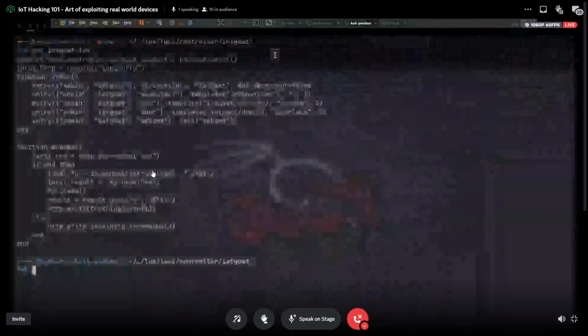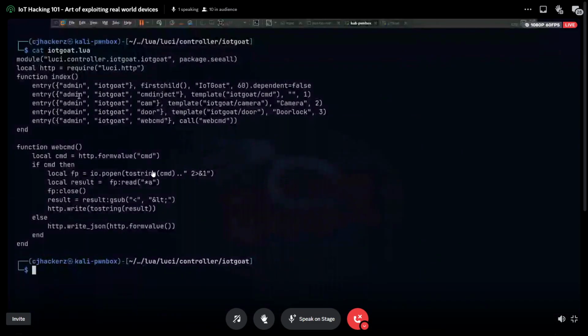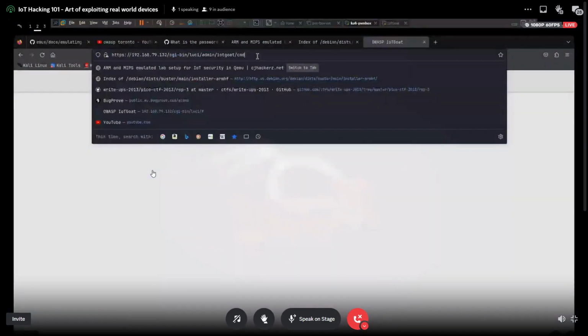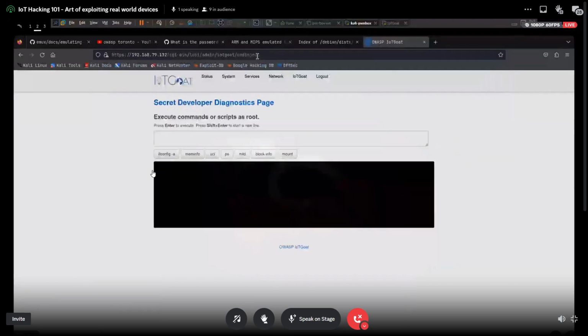No, am I going the wrong path? Admin IoTGOAT CMD inject. Is it CMD inject? I think so. Yeah, CMD inject. So yeah, okay.